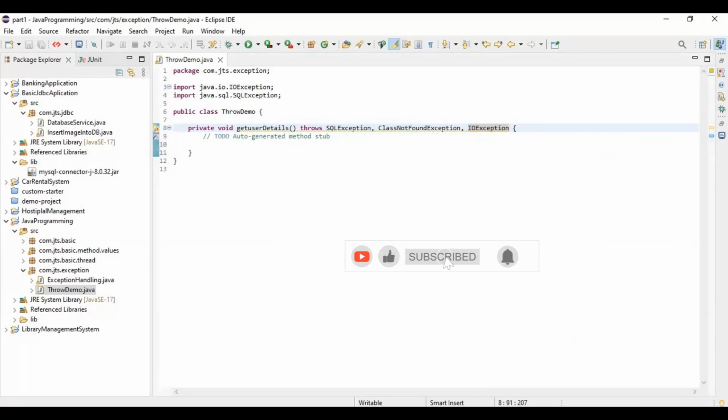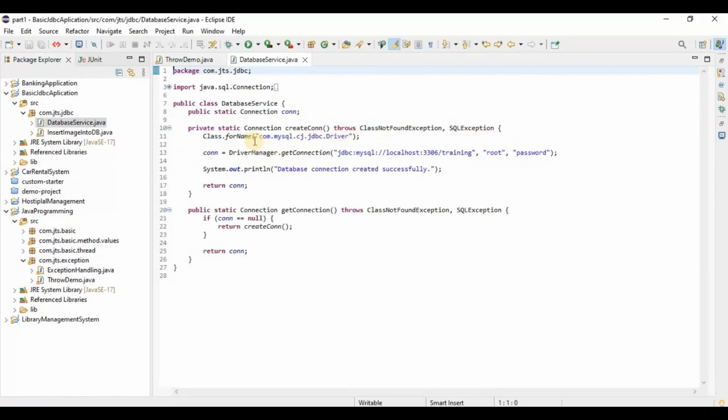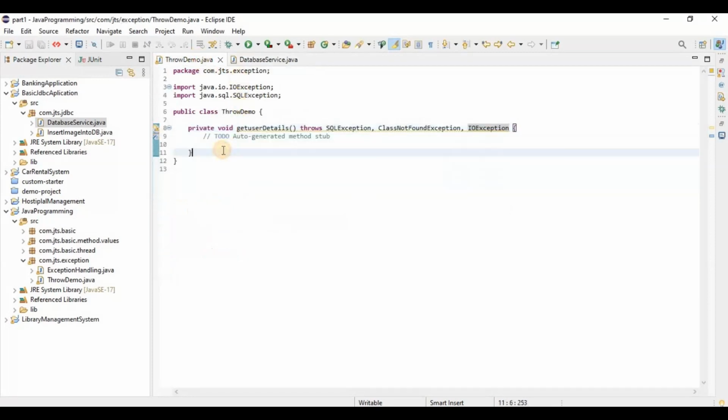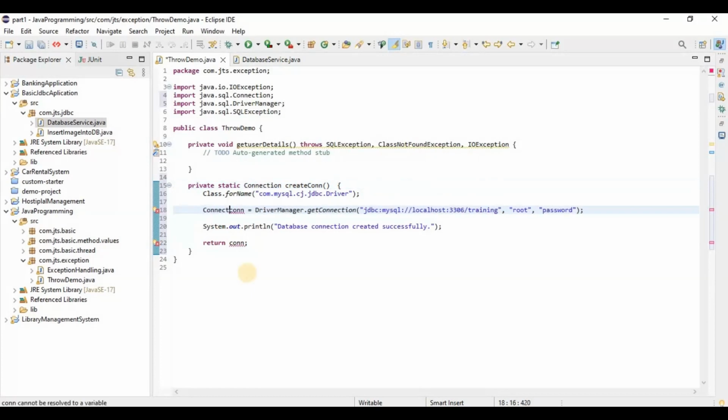Now let's look at a real example of how we can throw multiple exceptions using the throws keyword. One example is how we handle a database connection, how we create the connection. Let me copy this particular method. Here let me remove this throws keyword. So what we did here, in the first line, line number 16,